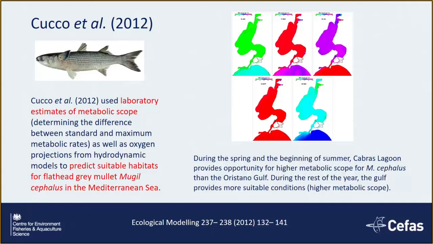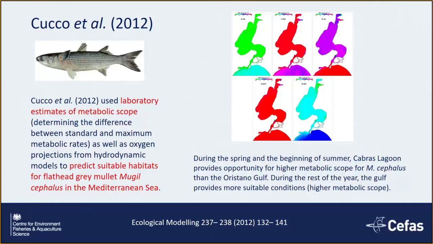So there's a nice paper by Cucco et al. for a particular lagoon and gulf in Italy, I think it's Italy, where they're trying to predict where grey mullets would go, using, as I say, experimental results. And they show that during the spring and the beginning of the summer, the lagoon area, this bit, is more suitable than the gulf. But during the rest of the year, the gulf is more suitable. It's quite a nice approach that they take outputs from the laboratory and try and use it in